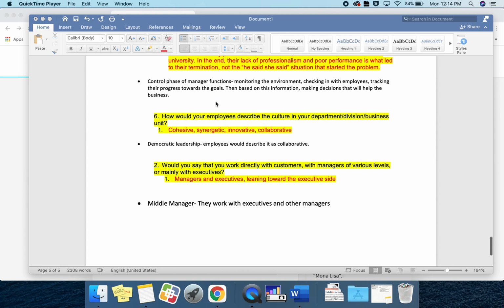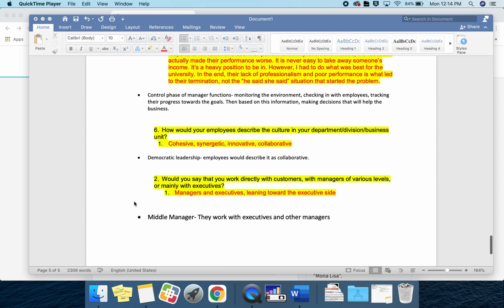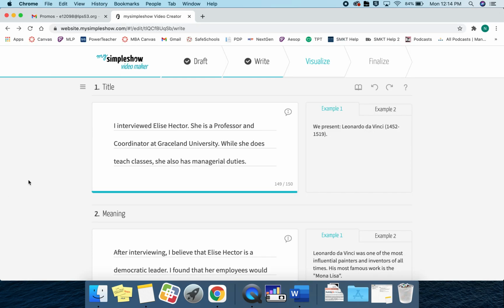So I analyzed just those 3 questions. And now that I have that information, I took a little bit of notes below. As you can see, I'm going to take those thoughts that I had and transfer them to my script. And that's what I've done here. So I start off, I picked the script that I wanted, and now I start writing. And we're going to write this as a narrative.